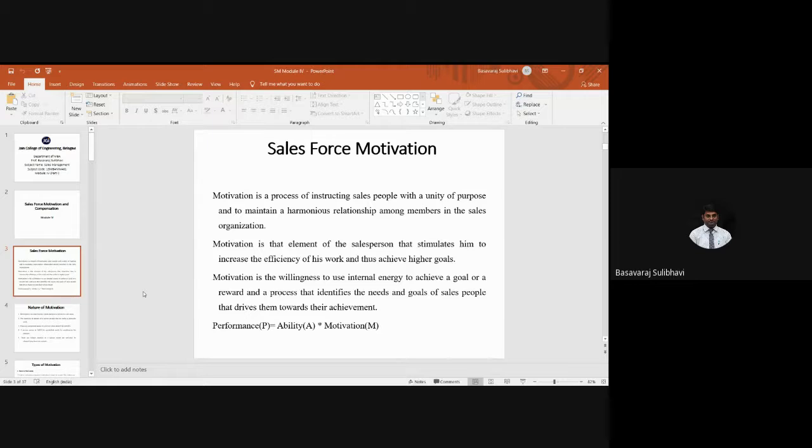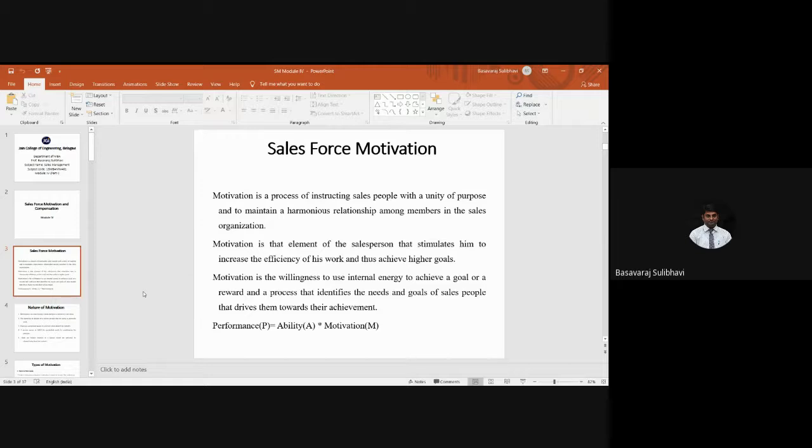And they will have their own idea why those people in that particular department are working on sales activities. But the thing is, motivation is the one which will unite everybody to work for a single purpose. The purpose set by the organization, every individual in the sales department will be working on that purpose. So motivation is what unites everybody to work on the single purpose set by